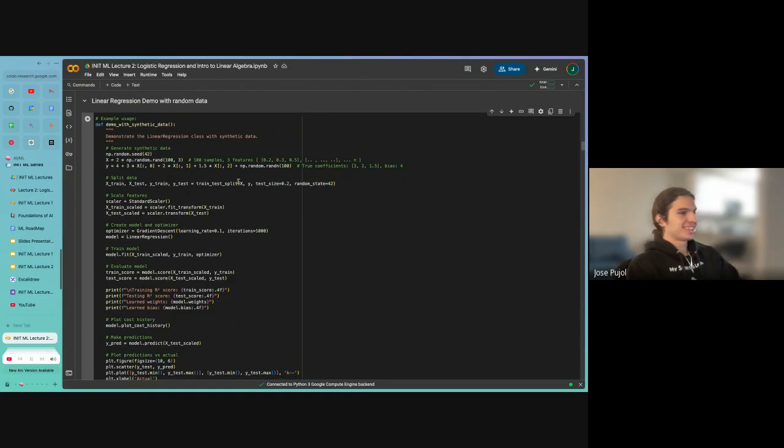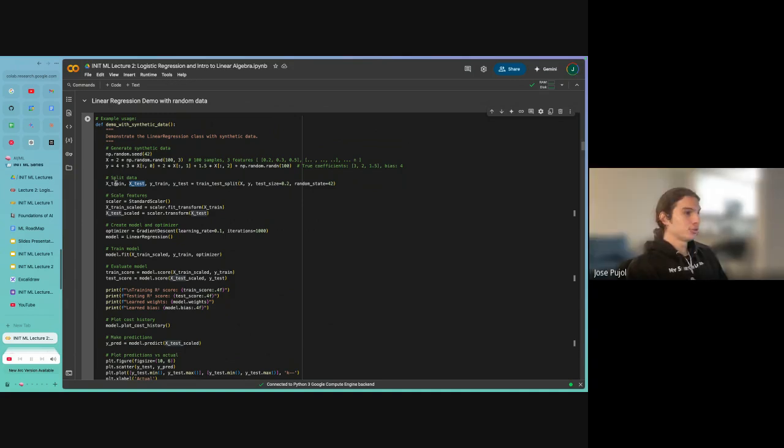This split, I will explain more when we get to neural networks, but it's probably good to explain it now. You want to partition your data into a training and a testing set, and the reason you're doing this is because hopefully the testing set is things that your model has not seen before.